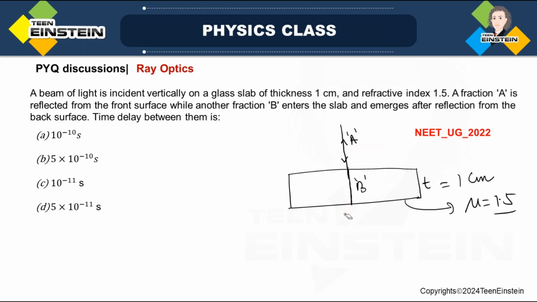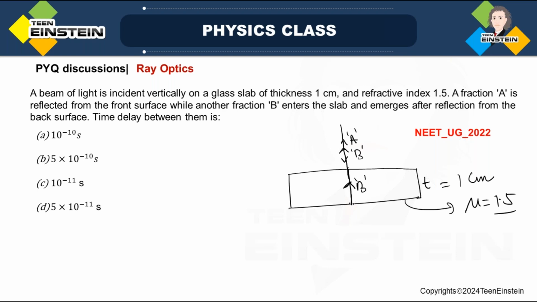Oh, I see. Let me finish the sentence. It enters the slab and emerges after reflection from the back surface. See, this is actually getting reflected from the back surface, this B portion reflected back, and then it is emerging, this is also normal and emerging out, fraction B. So they are actually going in the same path, A and B, but one has reflected back initially itself,